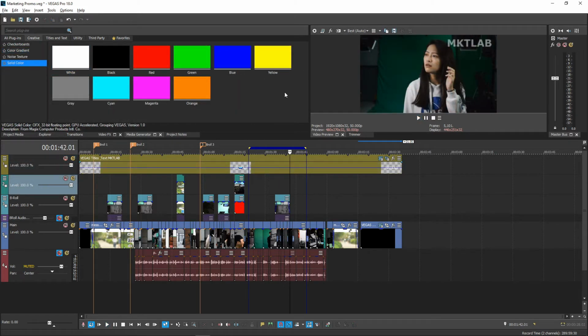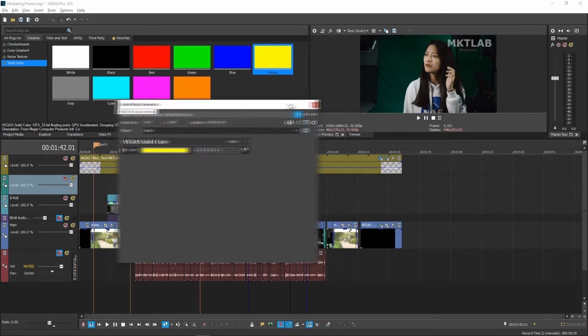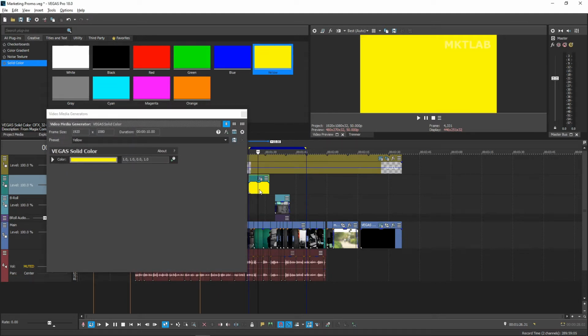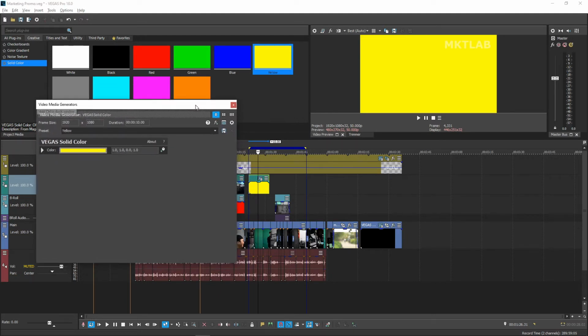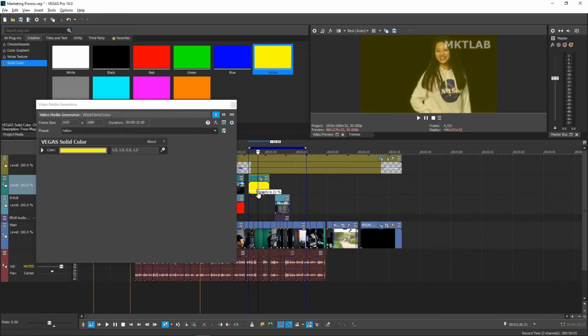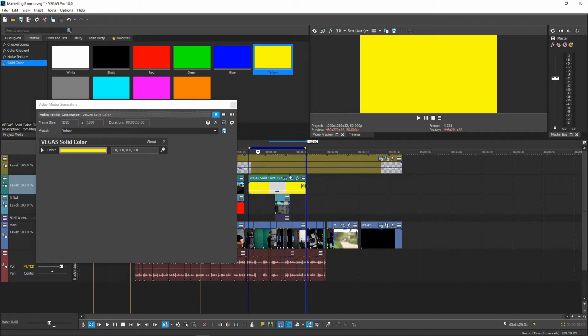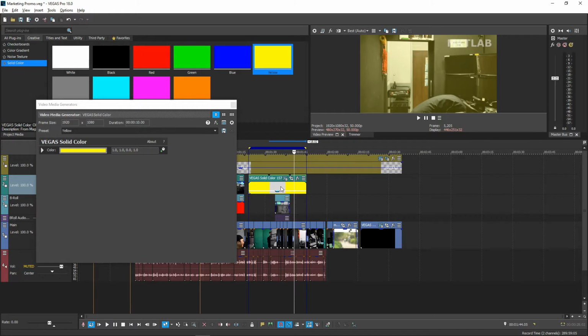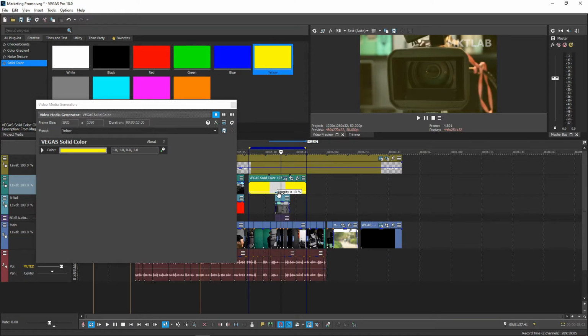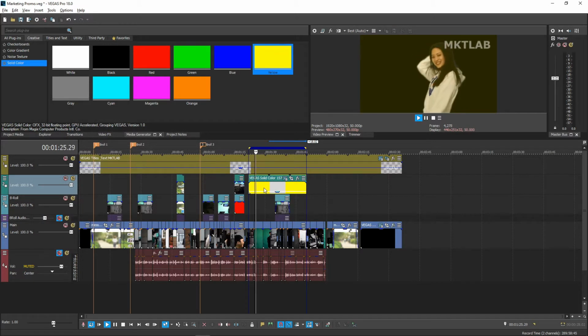Another place to apply opacity is on the generated media, such as solid colors. A slightly transparent solid color can act like a color filter. So, for example, if you're doing something like a dream sequence, where you want the image to look bright and fake and hazy, using a bright color like white or yellow over the top and turning down the opacity could achieve that effect. However, I don't use this one very often. At least, I don't normally use it to cover the whole screen.